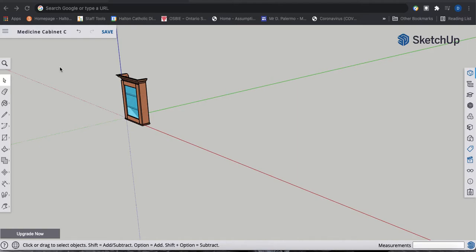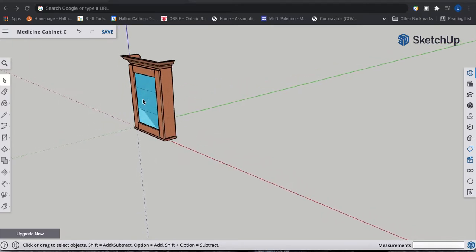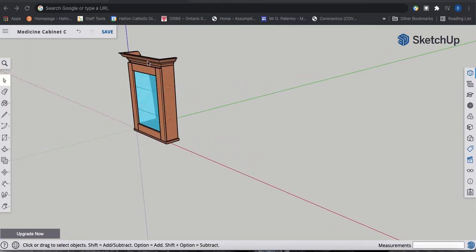So, if you've watched videos 1 through 4, you've gotten to the point where you have created an assembly drawing or just a completed model of your medicine cabinet. And what the following 2 videos will focus on is creating tags or layers for your medicine cabinet for different